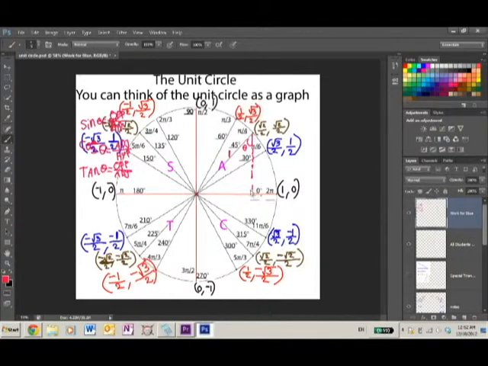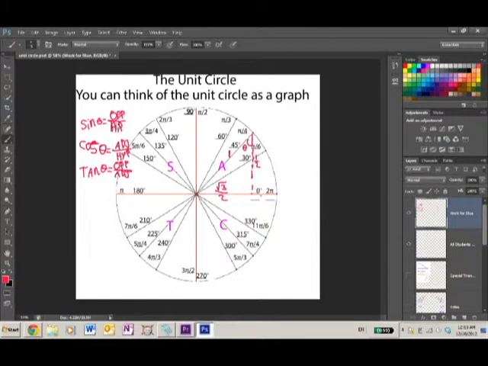And this right here is 1/2 because that's the y value. This one is 1/2. And this one is square root of 3 over 2. Knowing this, we can do it all these different ways. So why don't we pick